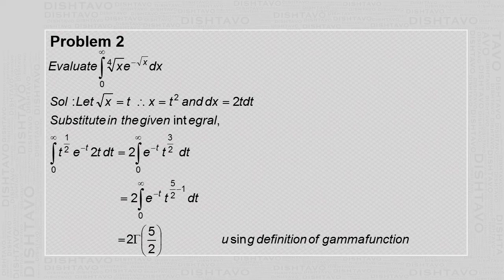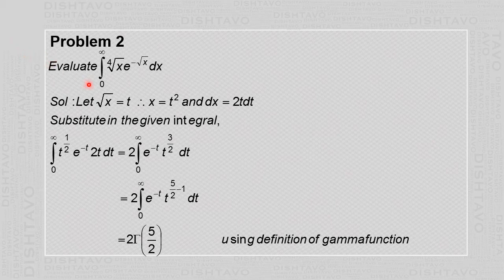To evaluate the integral which is exactly in the form of gamma of n, we can directly calculate that gamma of n, and hence we can find the value of that integral. But suppose the given integral is not in the exact form of the gamma function, then we try to transform that integral into an integral which is in the form of the gamma function. And here is the problem.